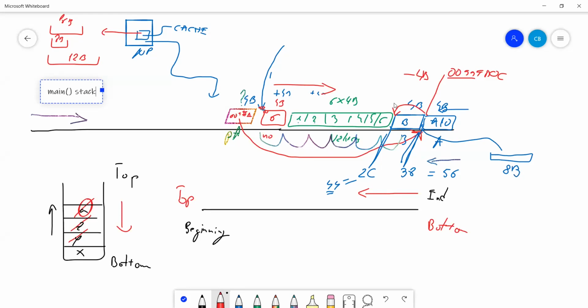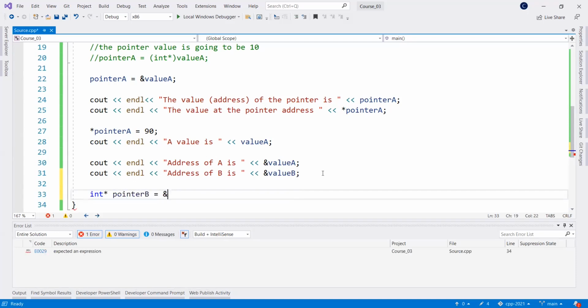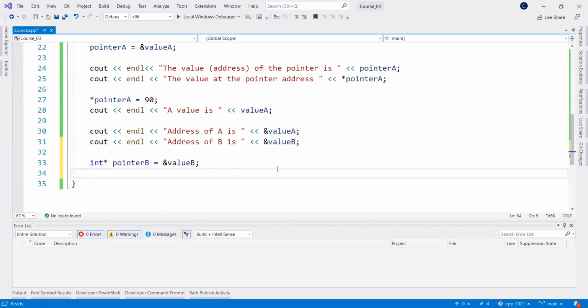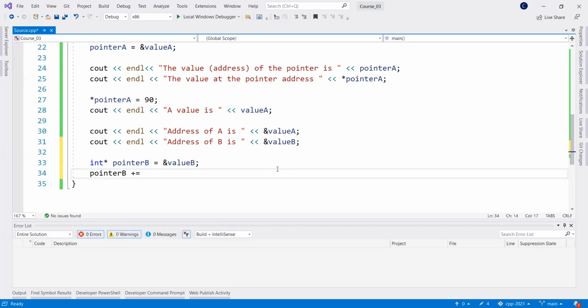So in order to prove it to you, if I start with the address of B and add 12 bytes and print what's here, I will print A. Again, this is what we can do with pointers. So let's do this. int asterisk pointerB equals address of value B. Okay, and now I will say pointerB plus equals